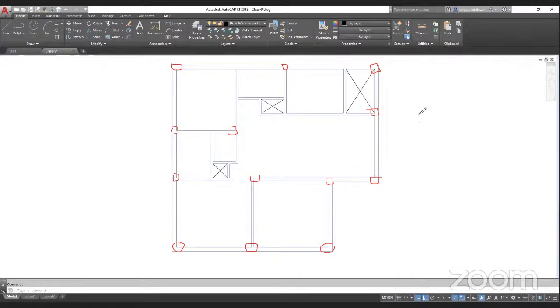Okay, let me write it down over here. 230 by 300 mm. So this will be 9 inches by 12 inches. That is also there. So usually we have this size of columns at the ground floor of a residential building, not a commercial building. But whatever the standard size is, it should not be less than